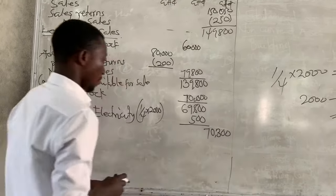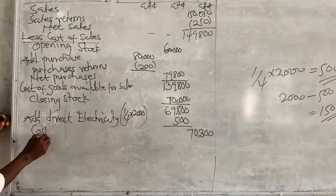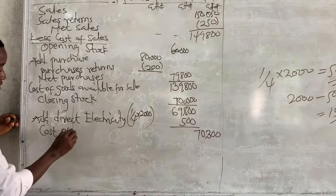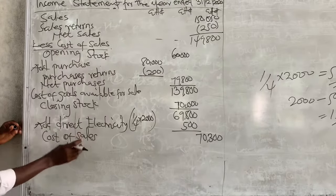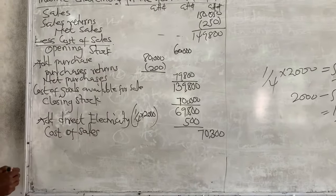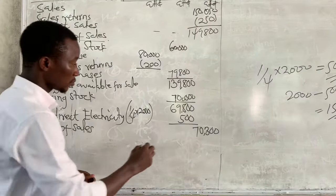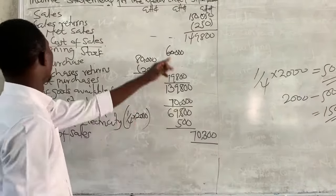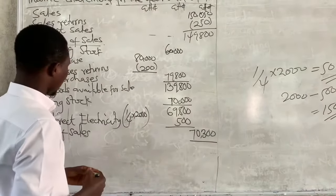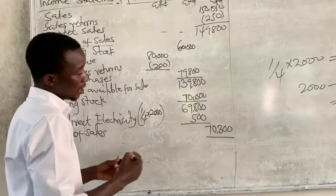This 70,300 will now be the cost of sales, the actual cost of sales. This cost of sales we are looking for after adjustment, we've actually arrived at the cost of sales itself, that is 70,300. After we've gotten our cost of sales, we take the cost of sales from the net sales to arrive at a gross profit or loss. Is that okay? So that will give us